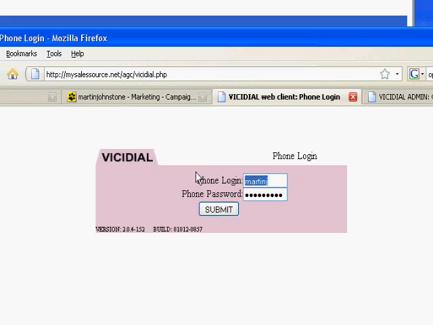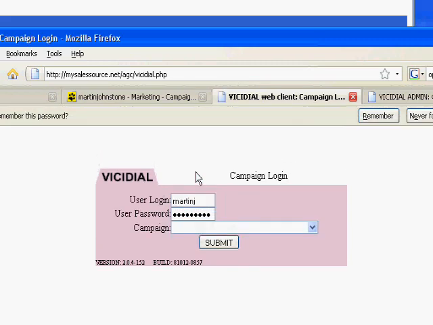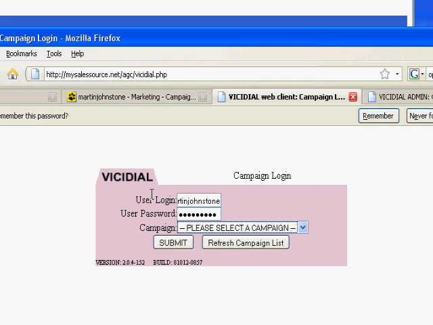It's going to ask you to log in twice. First, you're going to put in your phone login, which is basically your regular username and password. So that's the first login. Now it changes to user login, and go ahead and put in the same details again. It's just part of the process. The first one is actually setting the thing up to contact your phone, and the second one is to basically log you into